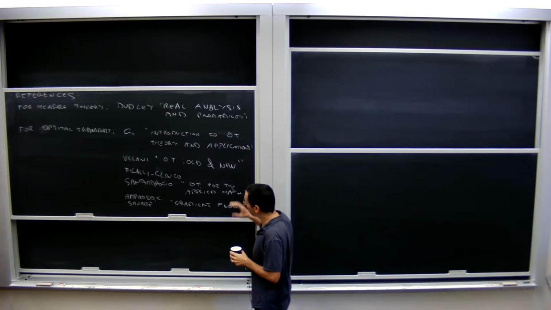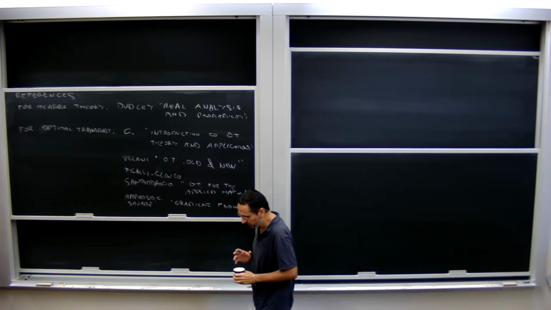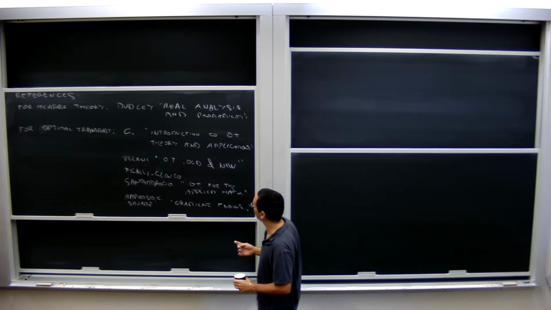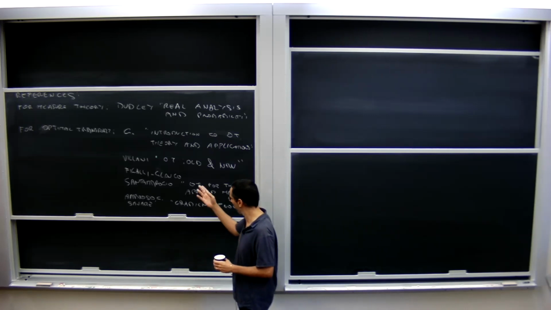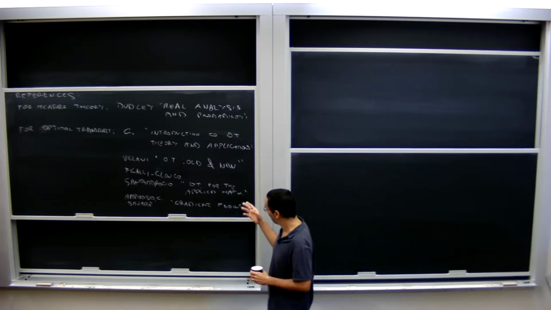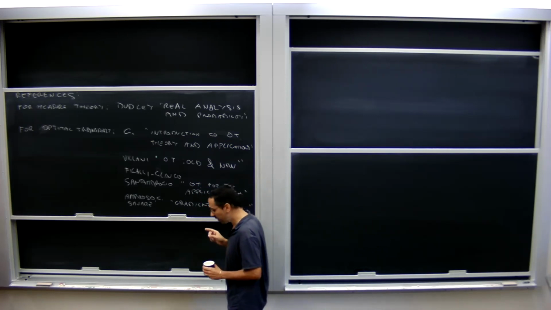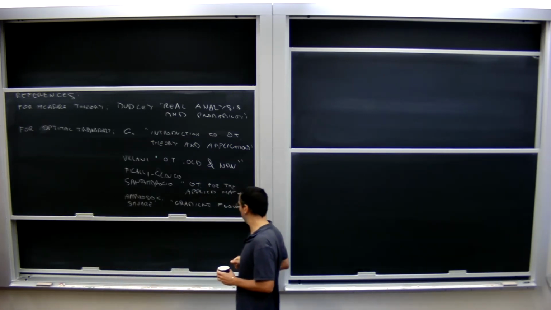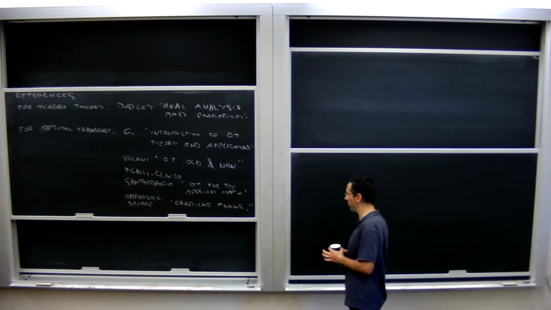As far as I know, that is the quickest way of getting into the things that we need. But there are many other introductions to optimal transport, and not only introductions. There's the book by Villani, Optimal Transport Old and New. There is a recent survey by Figalli and Glaudo. I don't remember the title, but if you look up Figalli, Glaudo on arXiv, you will find it.